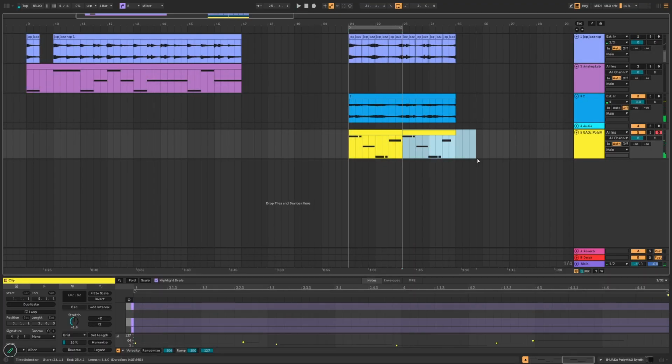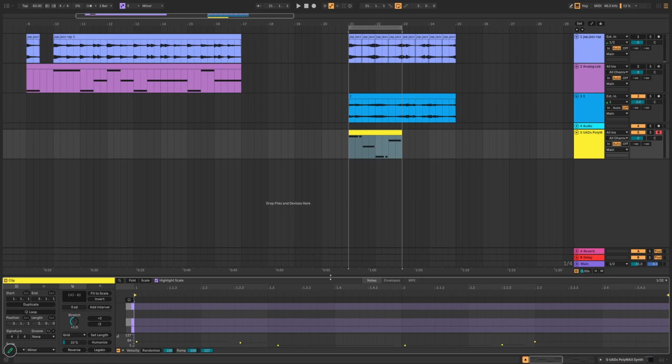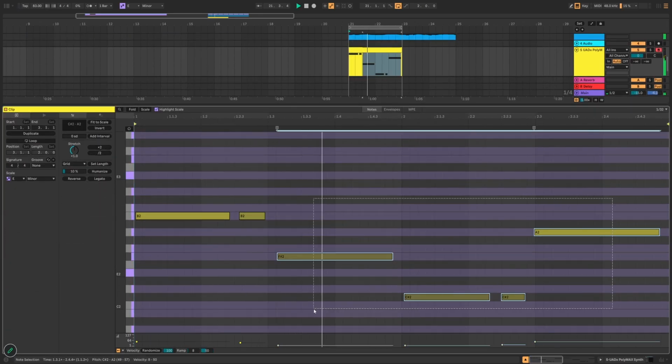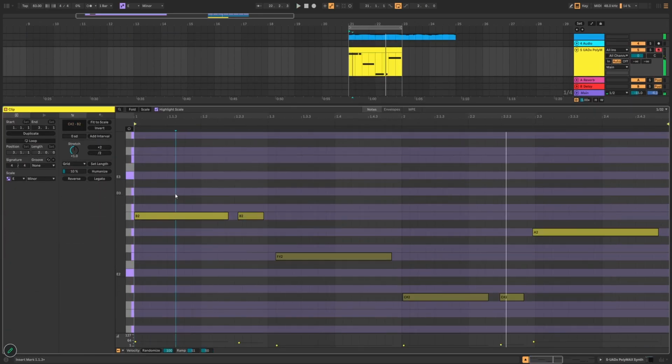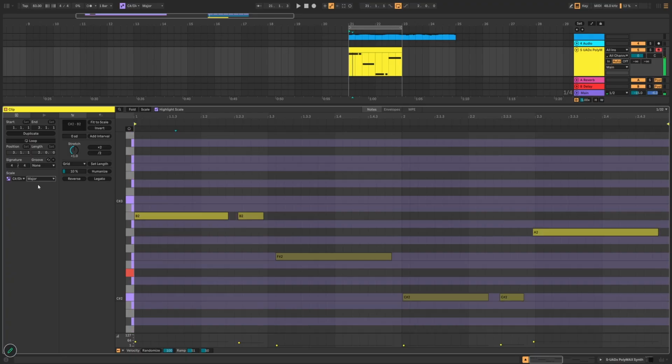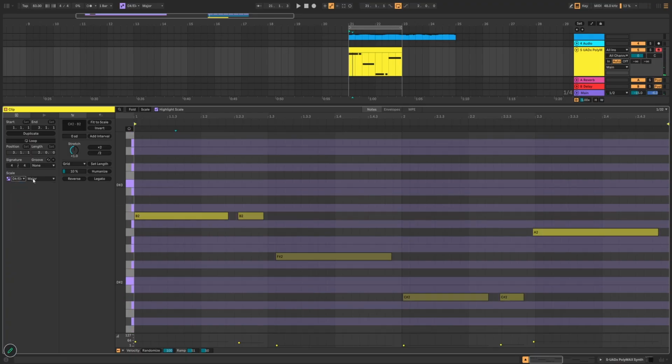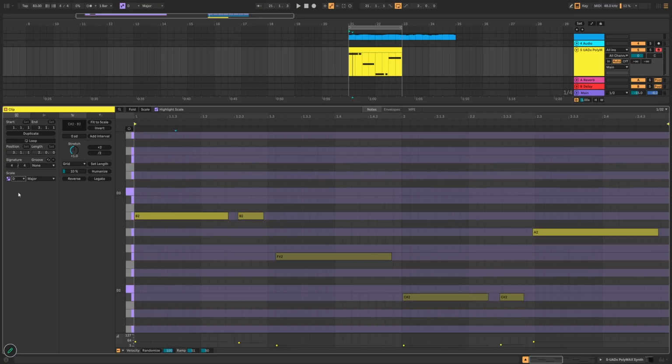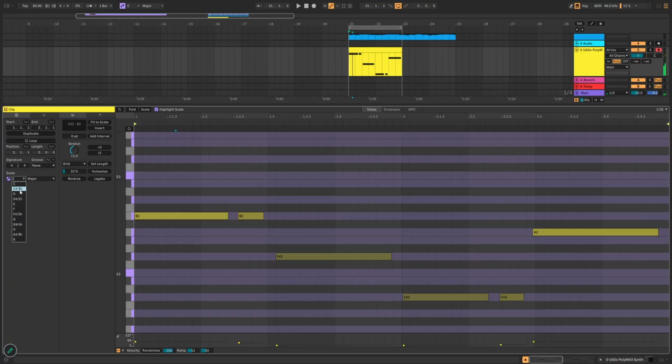Let's see if something like this works with it. It's actually a completely different key. It's C sharp major. Nope. D sharp major. Nope. D major. Nope. What key is this?